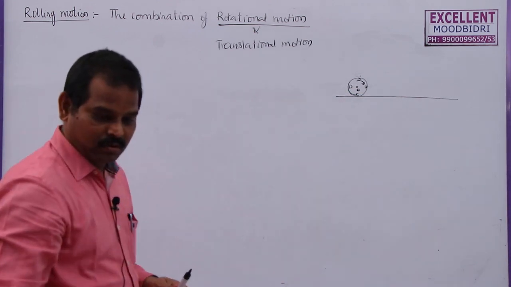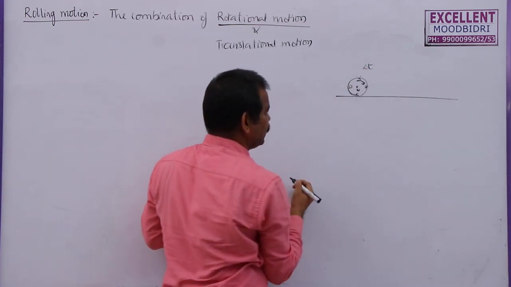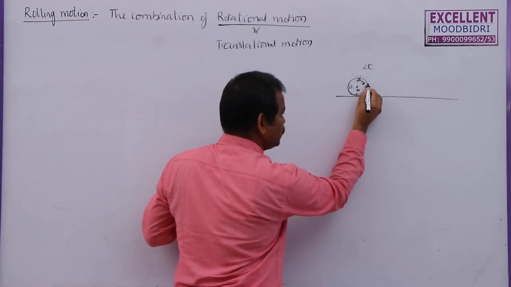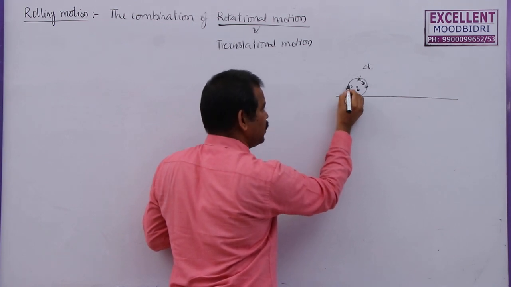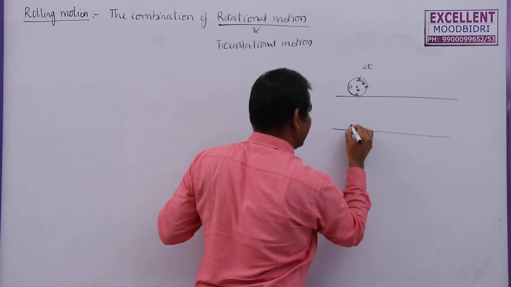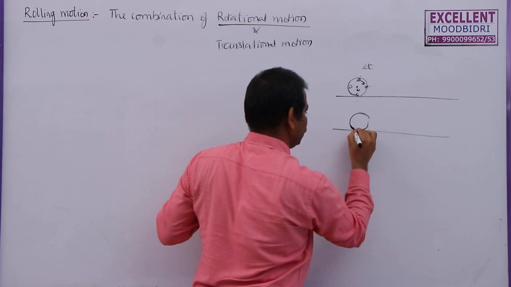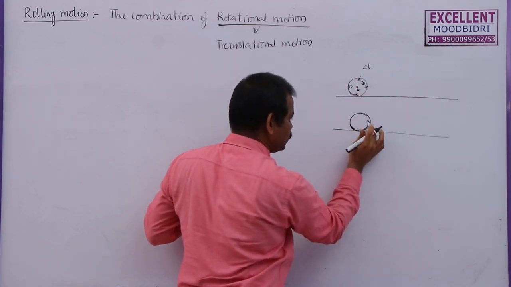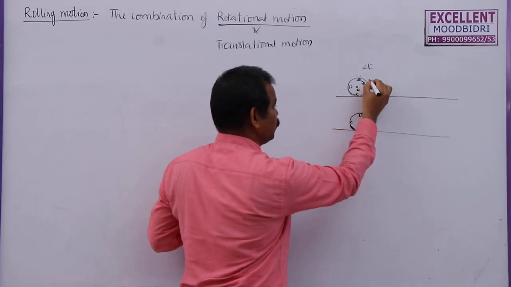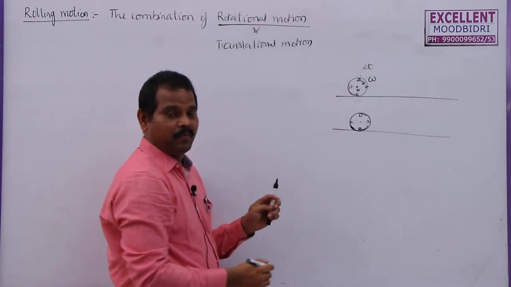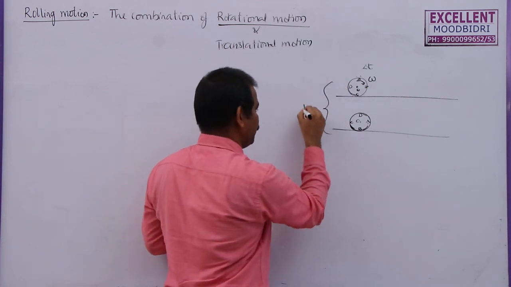Now in this case, if you consider these points after a small interval of time, let us say after delta t time, point A reaches this position, point B reaches this position, point C will move here. So let me draw the same diagram after a time period delta t. Now A will reach this point, B will come here, C here, D here. But this disc is rotating with the same angular velocity omega about that fixed point O, that is the axis. So this is a rotation of a body.